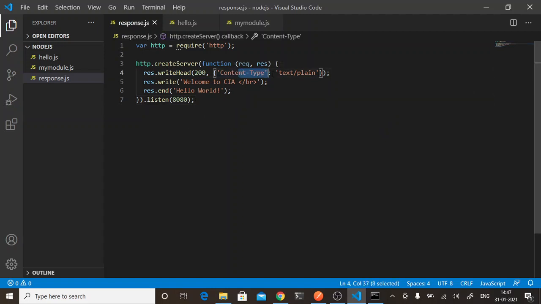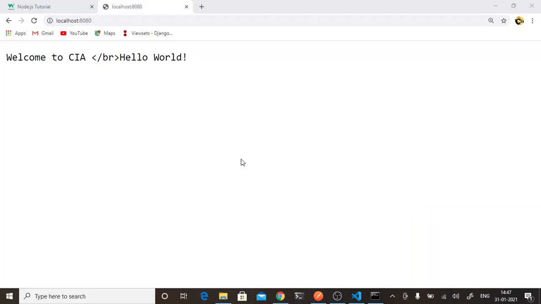This is because we have given the content type as text plain. There is one more content type, that is HTML. In the browser we always have HTML, right?